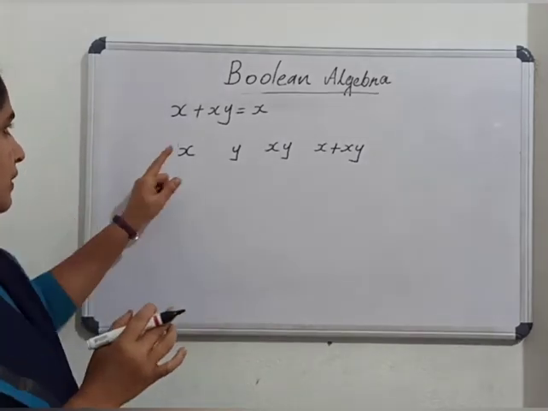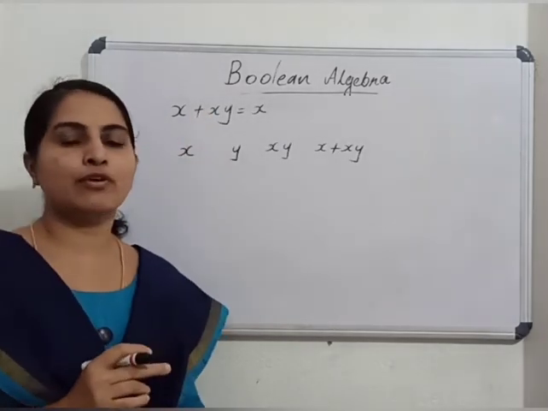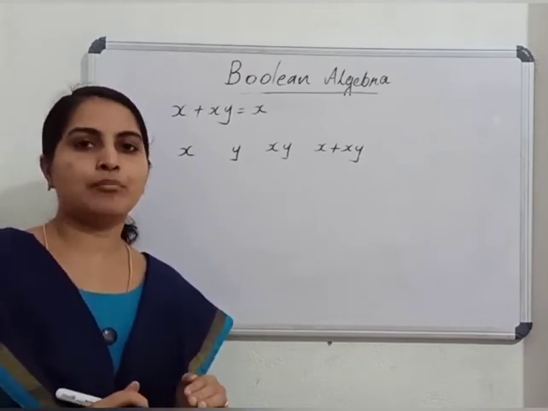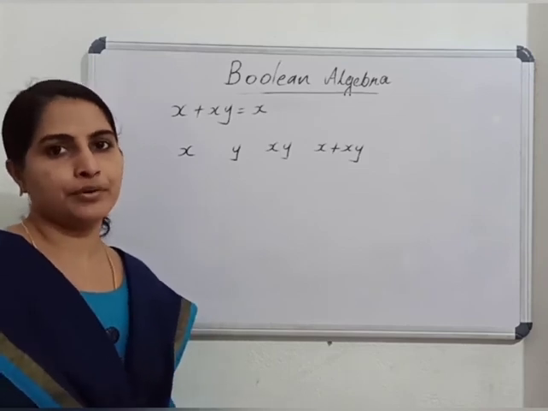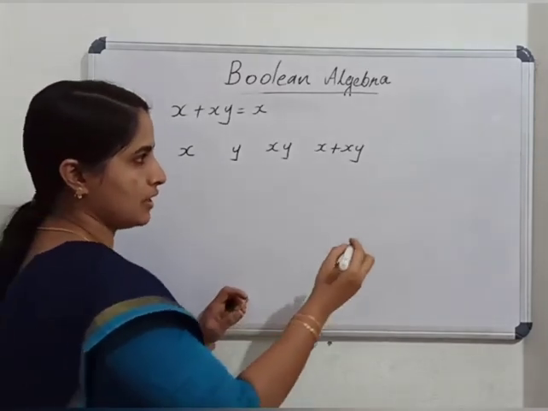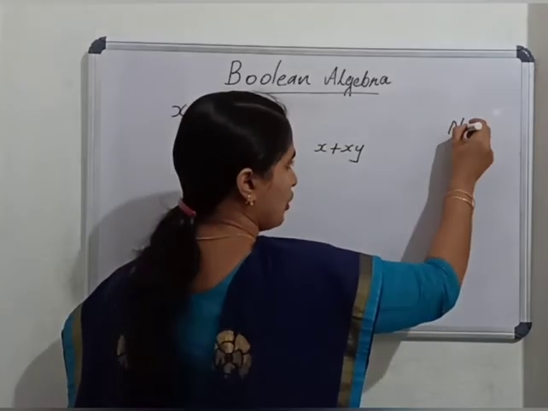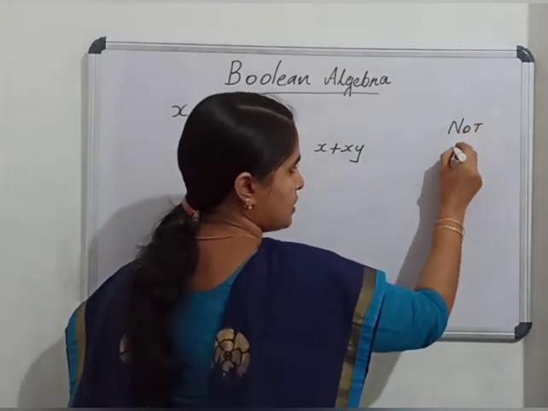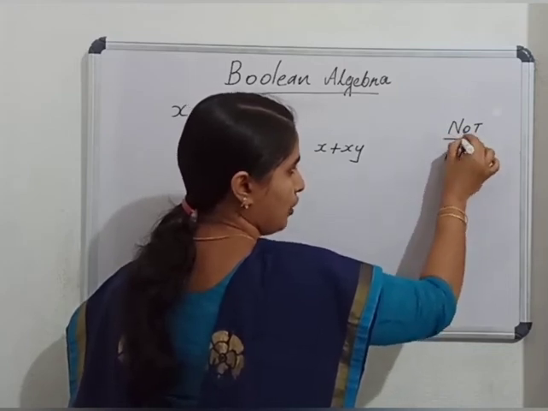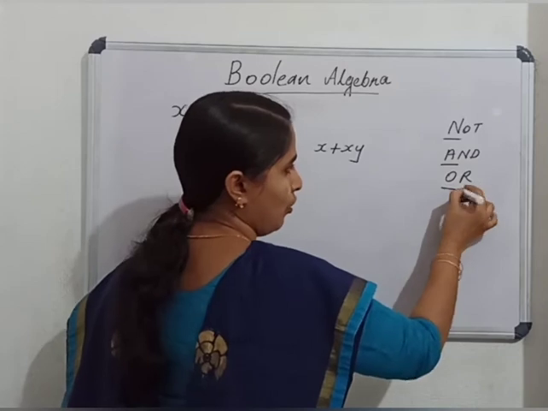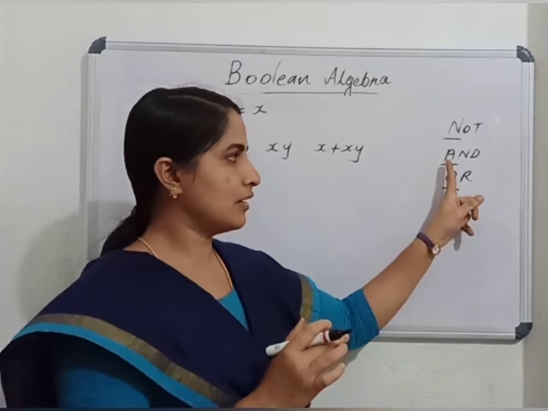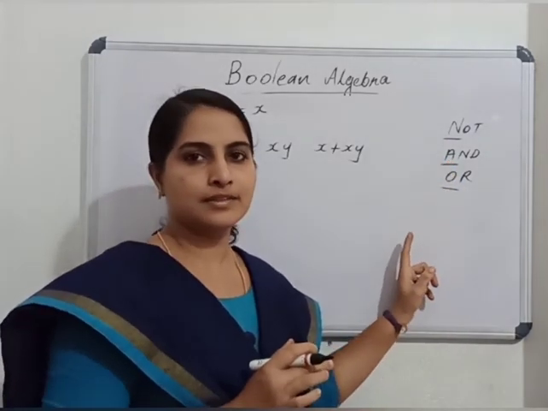While giving the columns, please take care. In mathematics, we follow the BODMAS rule for evaluating an expression. In computers too, especially in Boolean algebra, we follow an order. So if you have multiple operators in an expression, you follow the same order: first priority for NOT, then next for AND, next OR. First priority for NOT, then A, then O. Okay, first give NOT first, then AND second, then OR third.